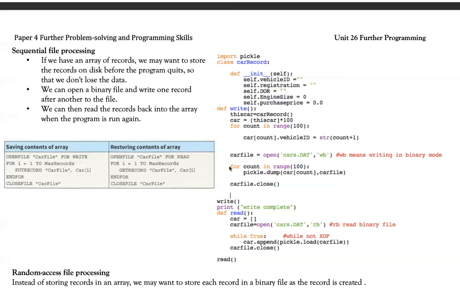After that, I run a loop for 100 iterations. And simply what I'm doing is using a library subroutine that I imported from the pickle library. This subroutine is known as the dump subroutine. Whenever I want to write something from an array, I use the dump subroutine, which is part of this pickle library. Since it's part of the pickle library, I call it pickle.dump. What that does is take the contents of this array, or whatever is written here, and dump it into this binary file.